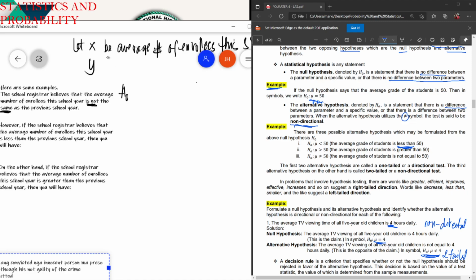Let y be the average number of enrollees previous school year. Okay, so we are using x and y here so that it would not be long and it's easy for you to answer. So the null hypothesis could be